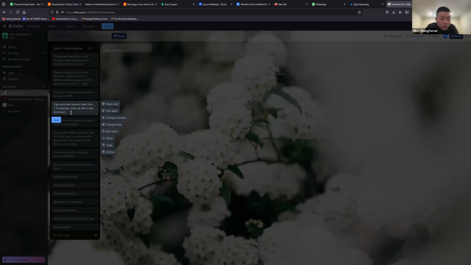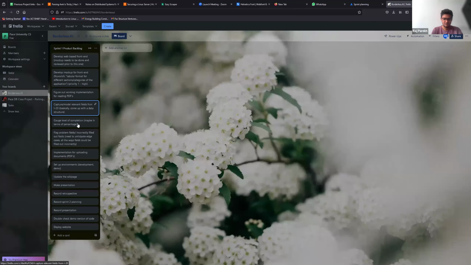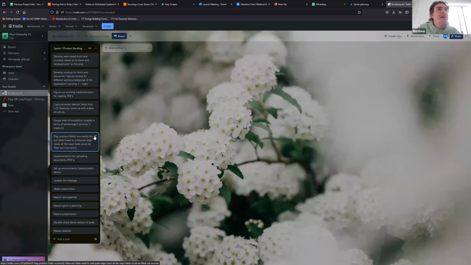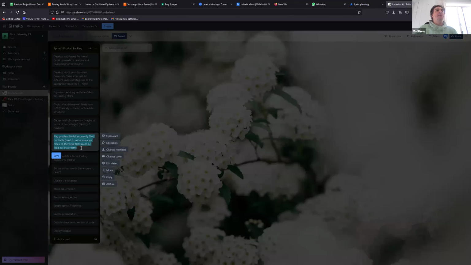Wonderful. Thinking like, this is high priority. Call this medium, maybe. Gauge the level of completion. I feel like the implementation, the way that it comes out, although maybe this one is slightly higher priority than that.